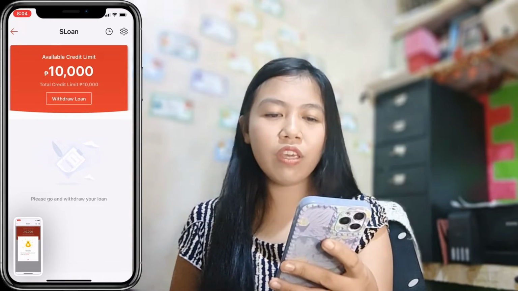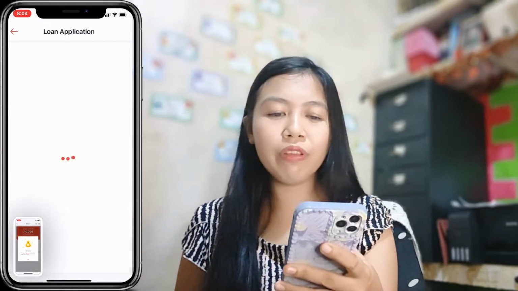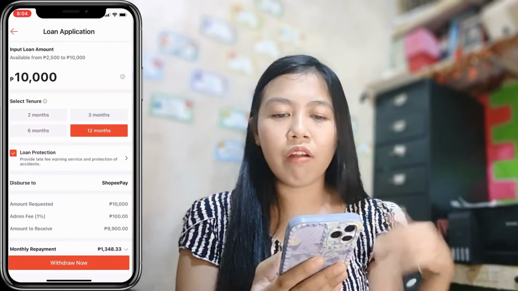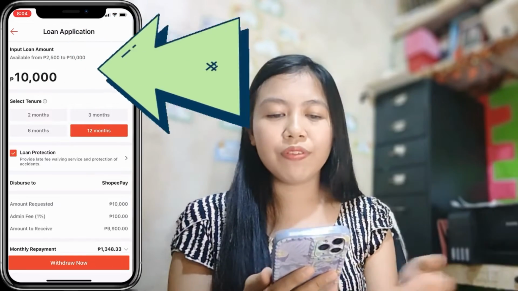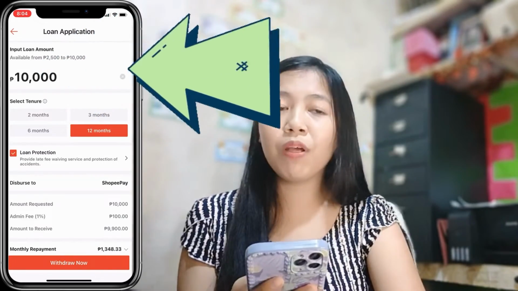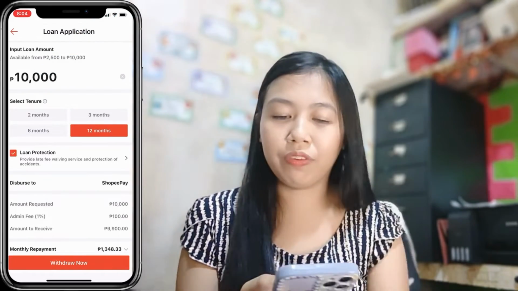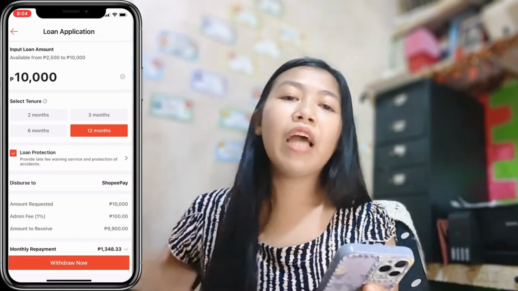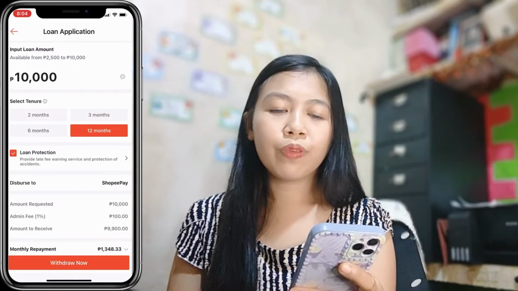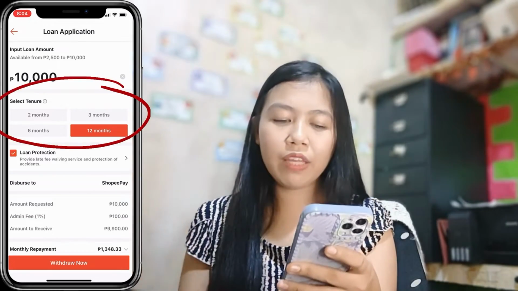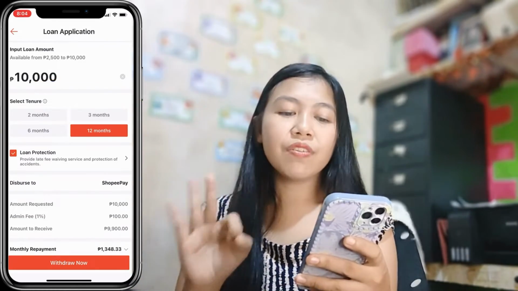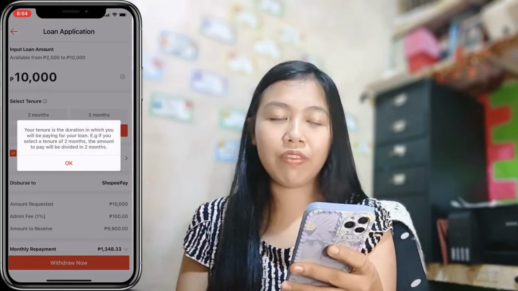We do have here input loan amount, available from 2,500 to 10,000 peso. It depends on you how much you want to loan. Mine, I'll do 10,000. We do have here tenure: 2 months, 3 months, 6 months, and 12 months.